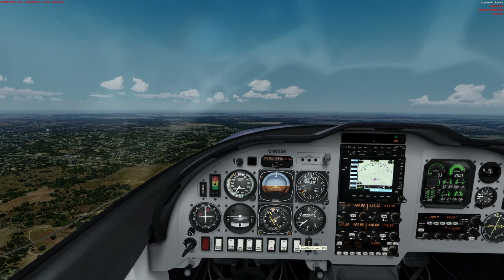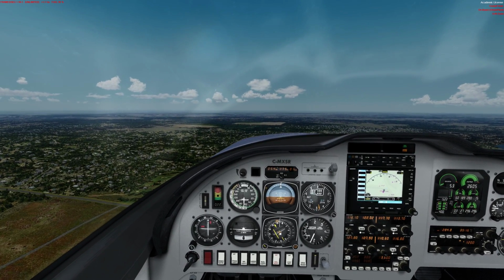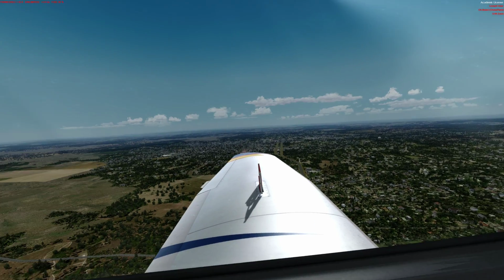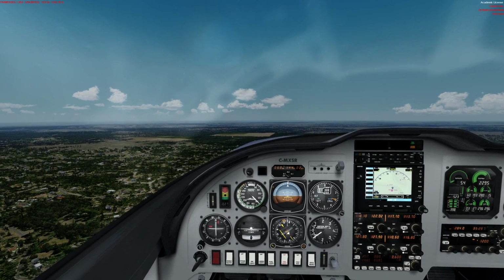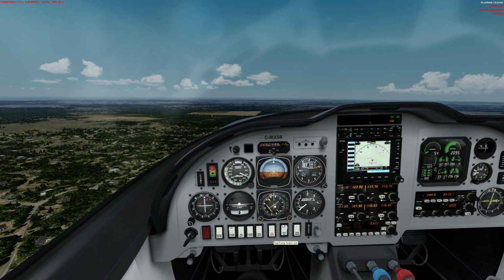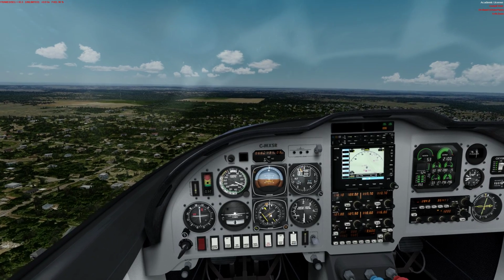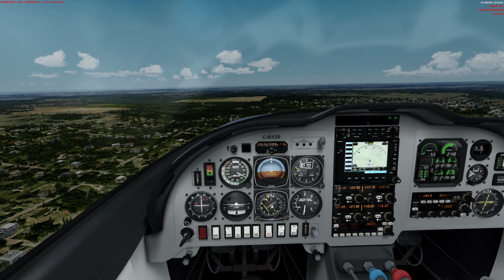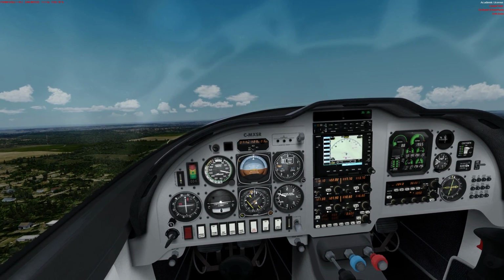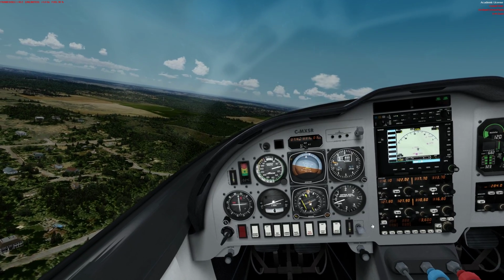I'm gonna trim up and I'm gonna extend the speed brakes because this plane is hard to slow down. You see the speed brakes there out in the wing. Fuel pump on, landing lights on, and we can take the speed brakes off. And we'll extend a couple of notches of flaps, not full. Give full prop, trim,